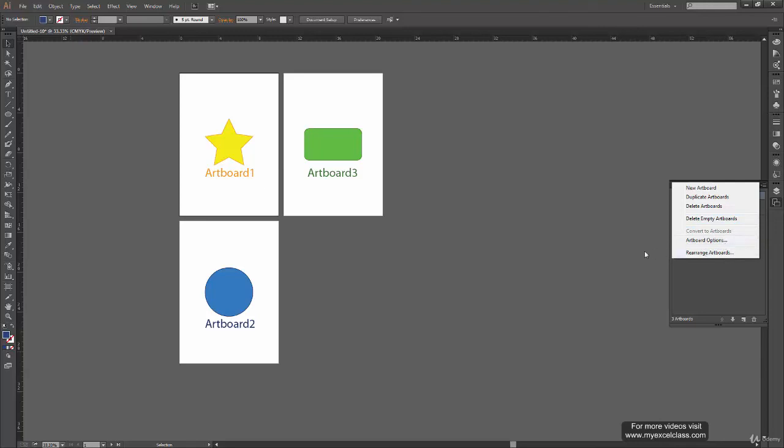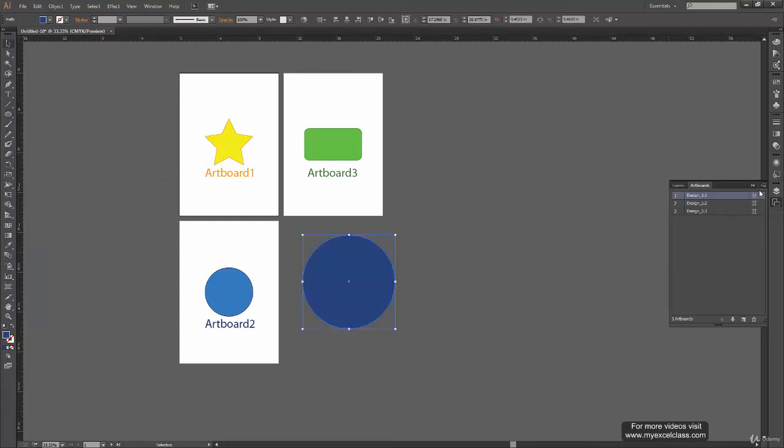Now we have this convert to artboard. Now what it will do is, let's say I drew a circle over here on the canvas, and I selected this shape.